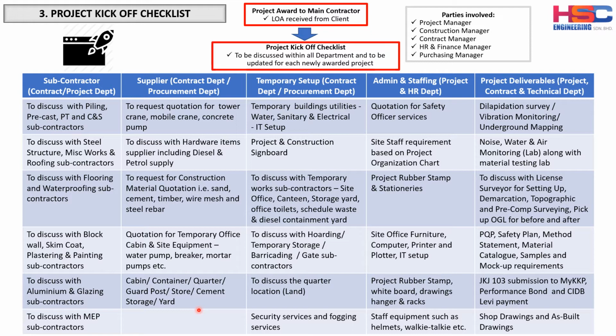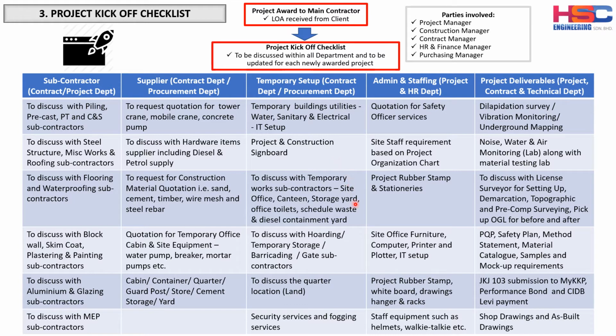That's why I always emphasize that the project team and the HQ team need to have a regular discussion so that nobody misses the information. Also in this meeting, the temporary setup, again, the contract department and the procurement department identify the temporary building utility, the water, sanitary, and electrical, and the project manager also assists on this, and the project and construction signboard. The project manager can also discuss with the procurement department what kind of project and construction signboard is